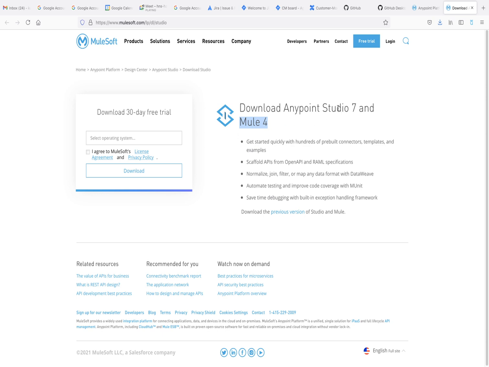Okay, so how to download? You just need to select your operating system, then I accept and then download. And to open this software we don't need to install it. Go inside that particular folder. Okay, let me download, or it should be somewhere.